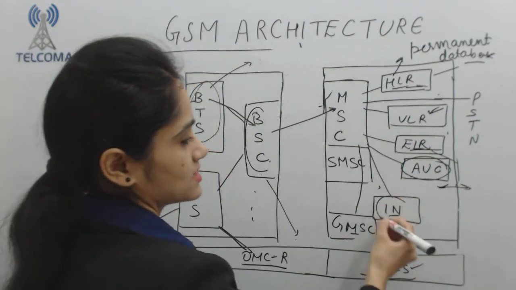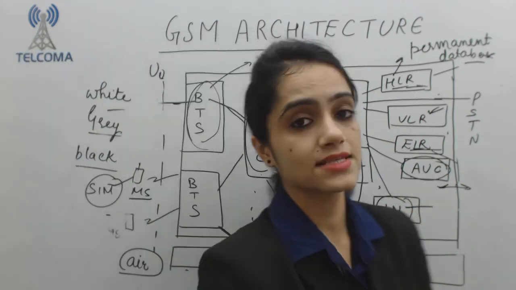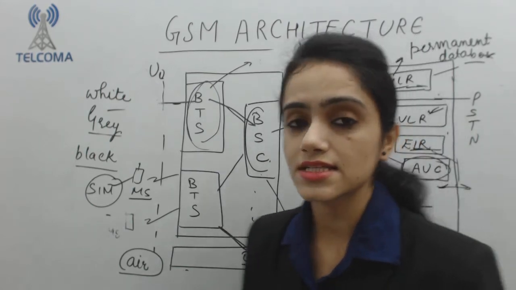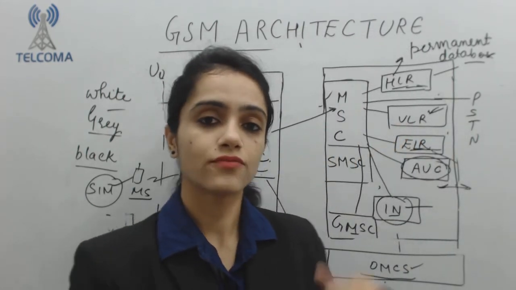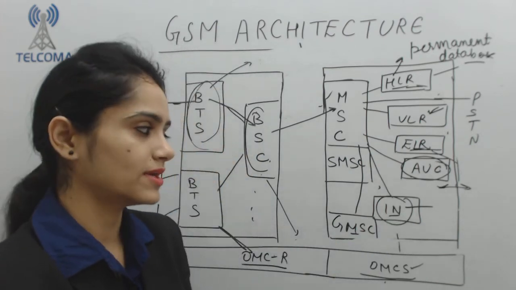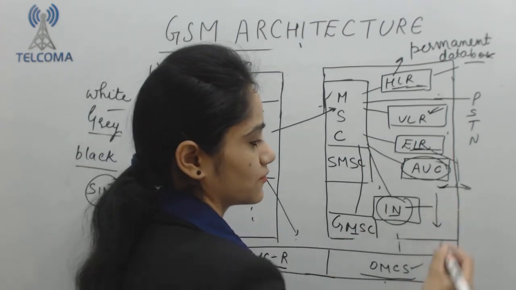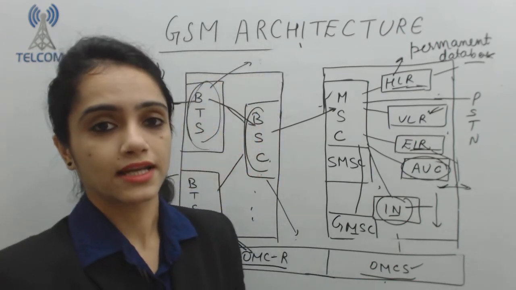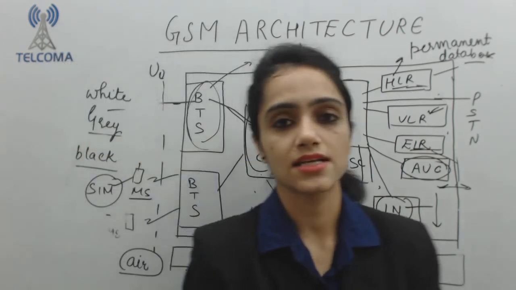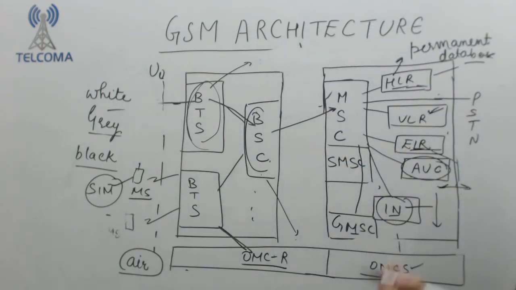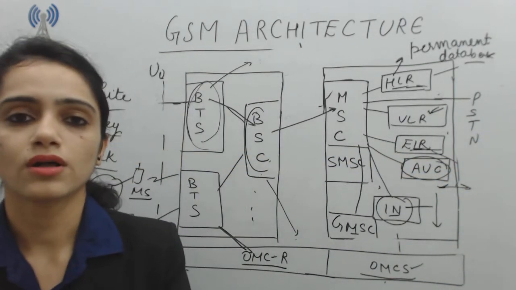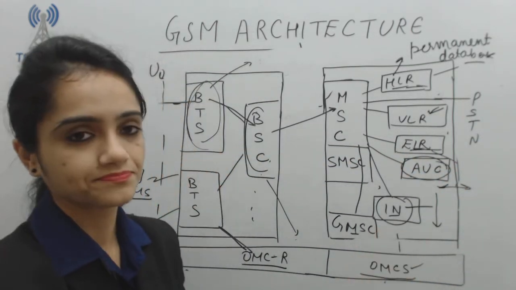Next one, database as IN, where IN is intelligent network. So the intelligent network is there in the GSM architecture for the billing section. That means all the bills are generated in the intelligent network part according to their plans. For postpaid, bills are generated by MSC, but prepaid connection bills are generated by the intelligent network. All the value added services and all the prepaid calls will be recorded in this.